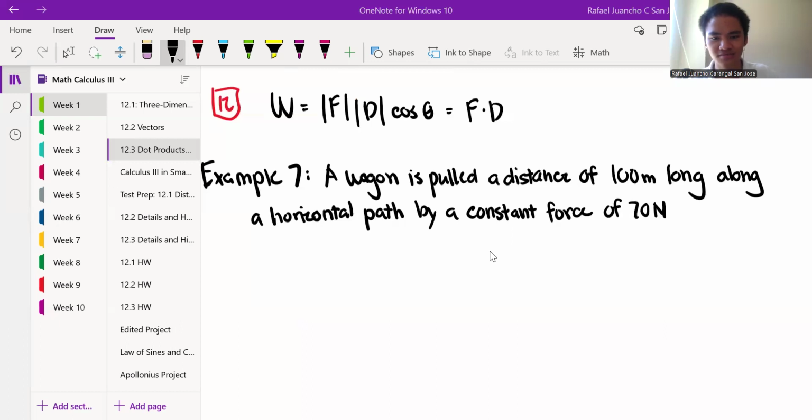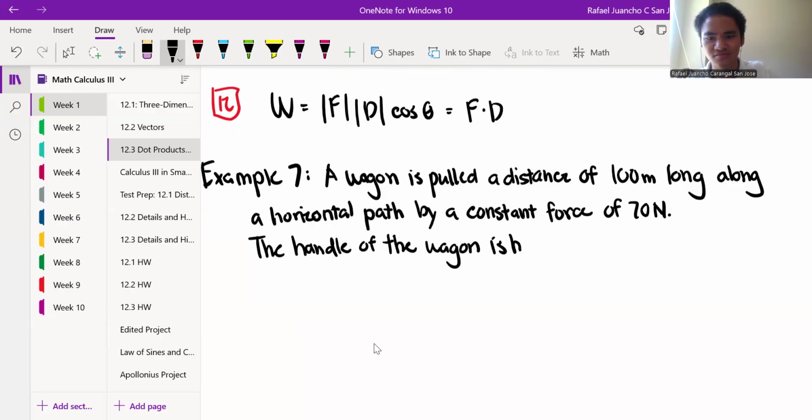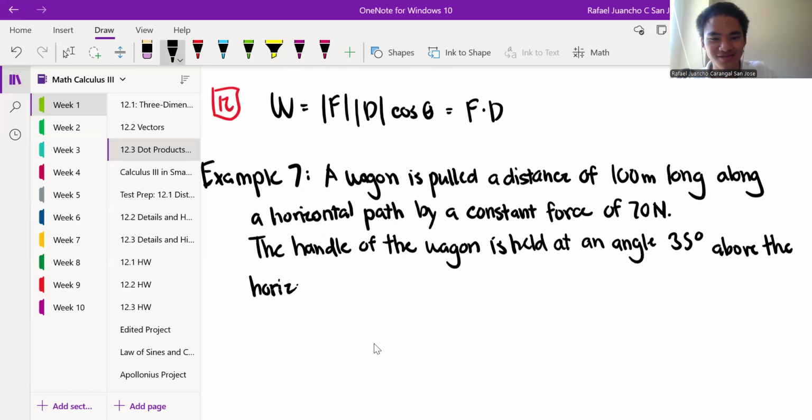And it says here, the handle of the wagon is held at an angle of 35 degrees above the horizontal. So pretty weird wording if you ask me, but it came from my textbook, so we'll get past it. And our task is to find the work done